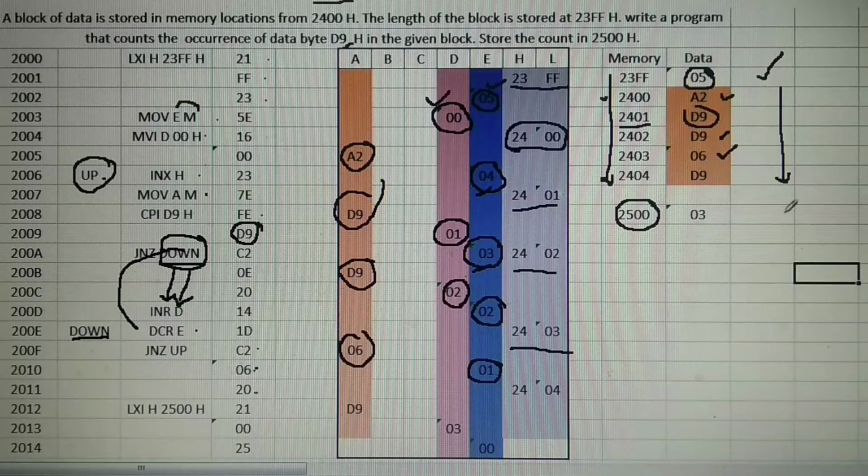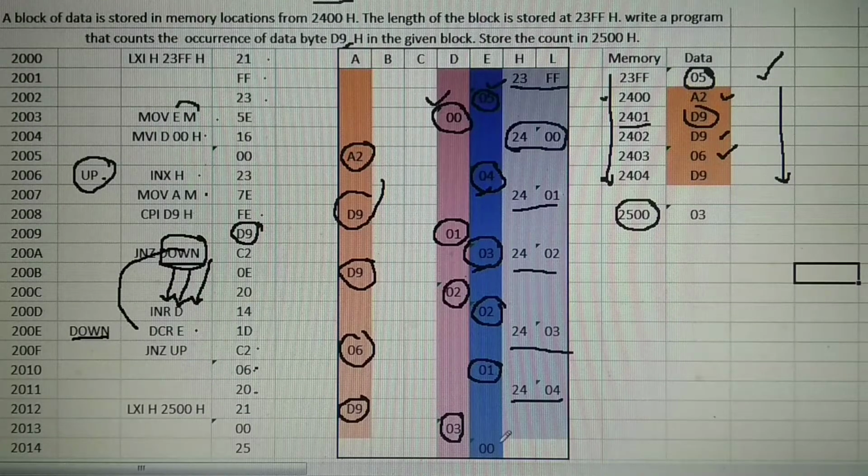Go to INX H. It becomes 2404. Bring the number to the accumulator. Compare the number. Both are equal. As both are equal, execute the instruction INR D. Put one more marble in the box D. It becomes 3.